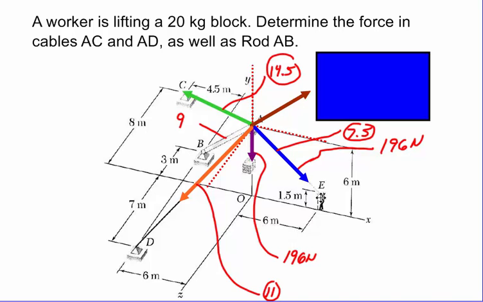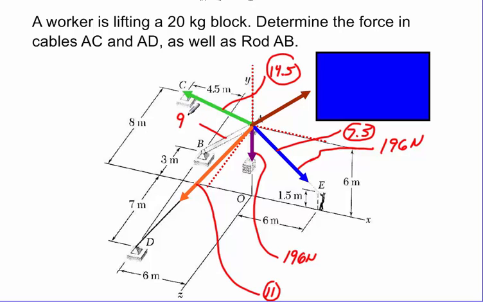Now I do it for this vector here. Note, this vector is not 6 long. This vector is going to be 4.5 here and 6 here. This vector is only in 2 dimensions, so I'll do 6 squared plus 4.5 squared, take the square root of that, and that'll give me a vector of 7.5. Again, I do the same thing for AC, determining the length of that. And I did it for AB also, and AB is a little simpler. I guess it is a three-dimensional vector. I have 3 here, 6 here, and 6 coming down here. I established that as 9. So those are my